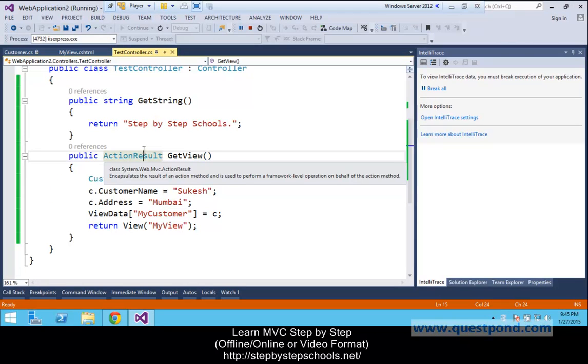So this is the simple flow of an ASP.NET MVC application. We will make a request. That request will be handled by the controller. Then the controller will simply create model data, business data, and then it will choose the appropriate view and then bind that model to that view, and finally send that view as a response to the end user.